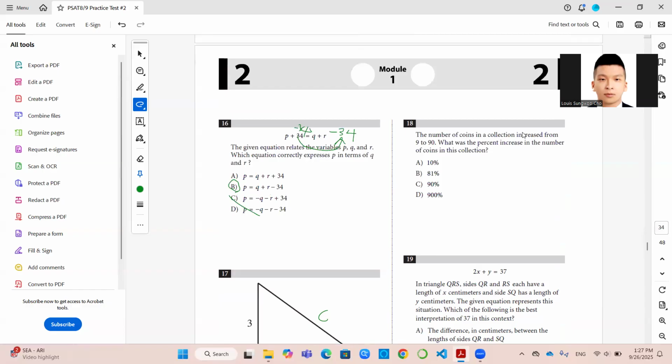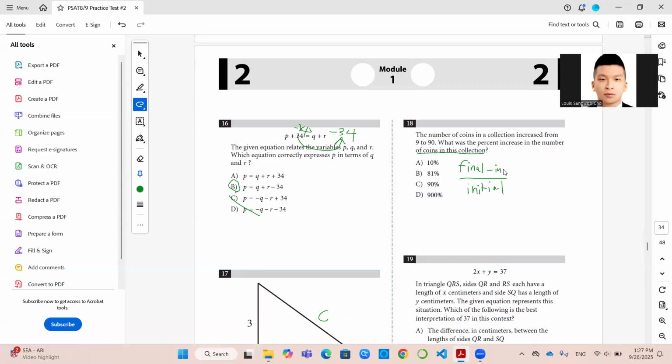The number of coins in a collection increased from 9 to 90. What is the percent increase in the number of coins in this collection? So initial here goes in the denominator. Final